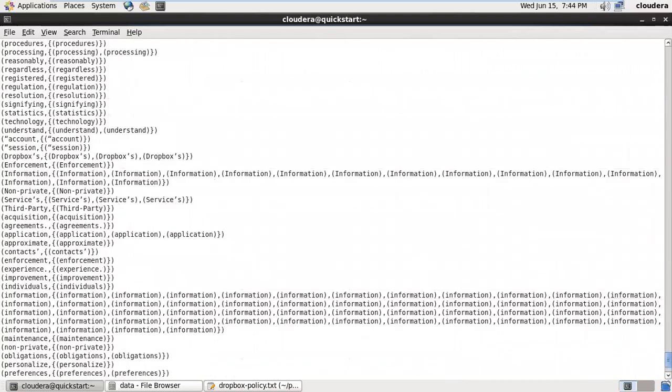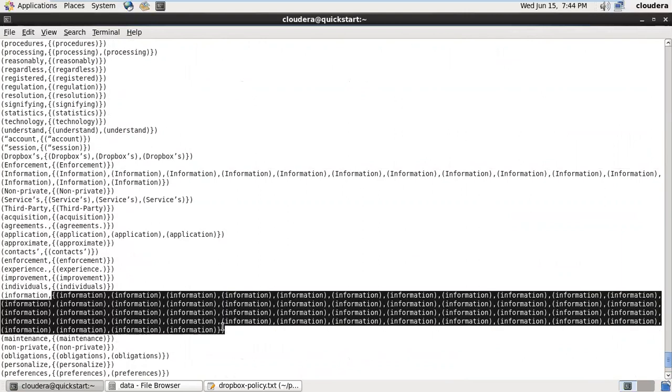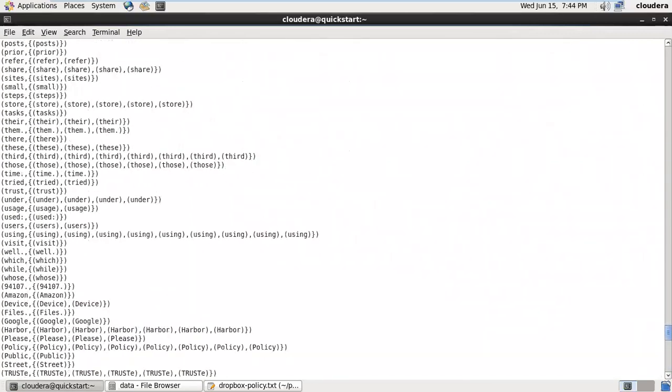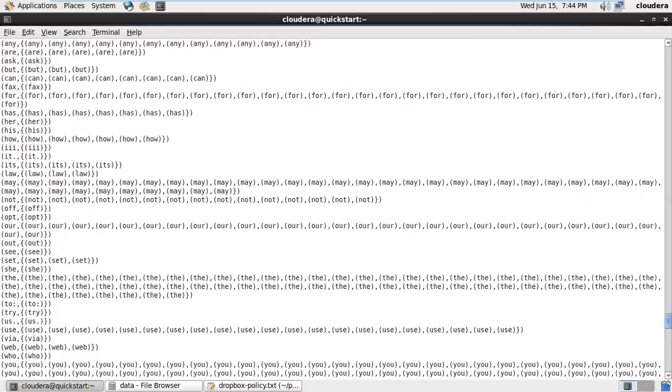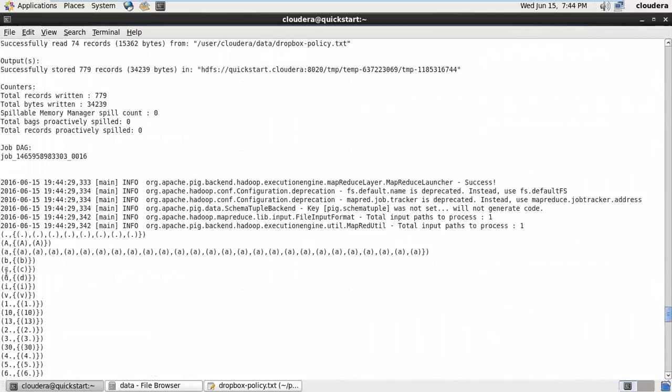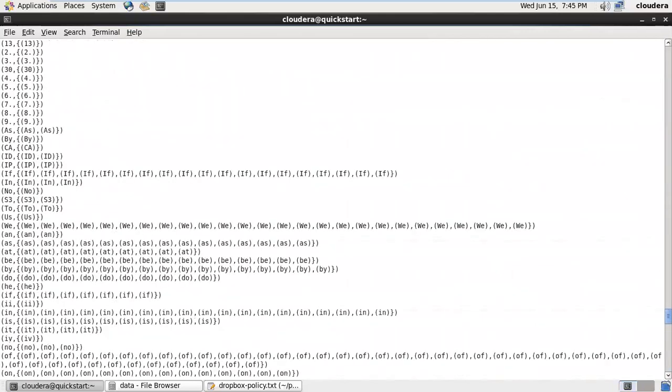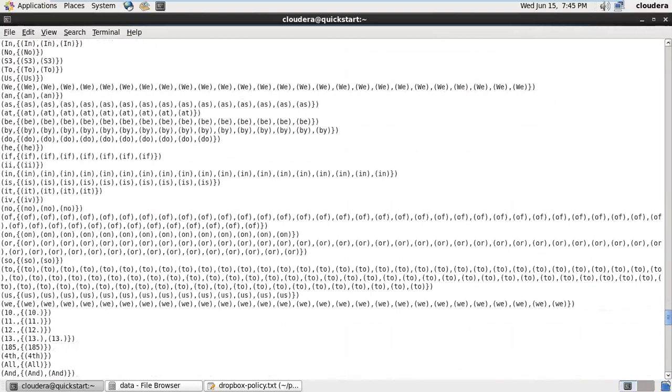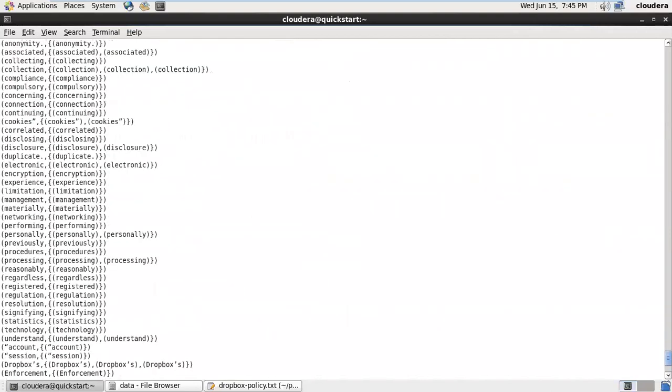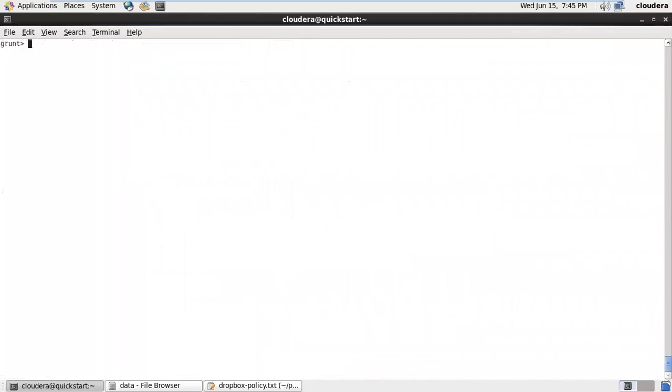See, you can observe all the information is collected into one group. Same way, you can see if you go to the top, all the dots and all the A's, all the B's, B space. Okay, all of them are grouped. Now, getting the count for them is very simple, right? Since you have already grouped them,